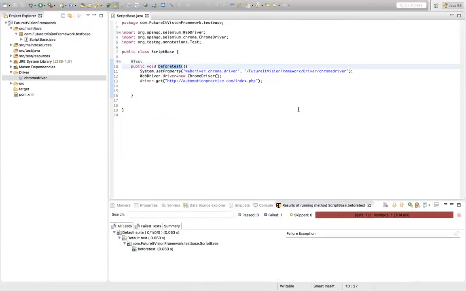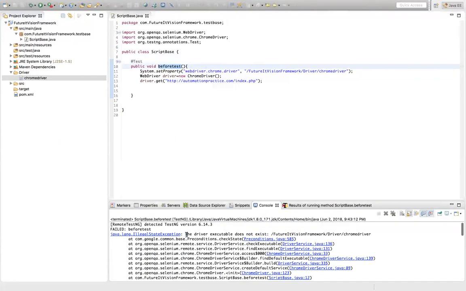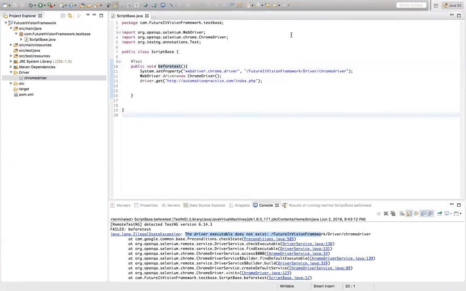So I told you I made a mistake on purpose. Let's see what the console said. It says the driver executable does not exist, because I put the path as the automation framework driver chromedriver, but I am already inside my framework. Do I have to provide my framework name? No, I'm in the framework, but from there, what is our driver? So now I'm going to cut this